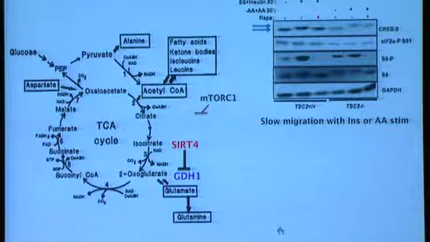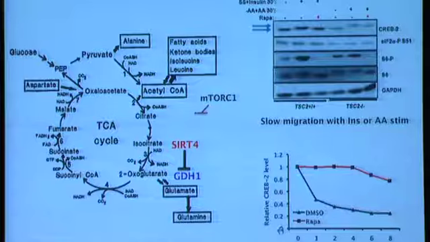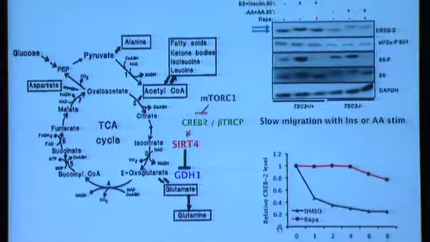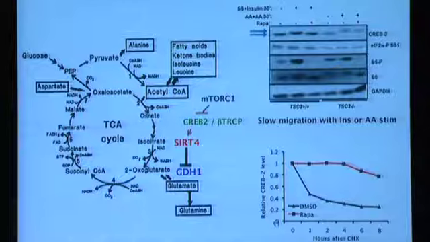He wanted to know what phosphorylation does. And what phosphorylation does is it destabilizes the protein. If you inhibit TORC1, the protein becomes stabilized. And he showed that this destabilization was dependent on beta-TrCP-dependent ubiquitination and degradation. So we have TORC1 phosphorylating CREB2. This results in its degradation, so it can no longer induce SIRT4. SIRT4 goes away, then you activate GDH and you promote this step in glutamine metabolism.